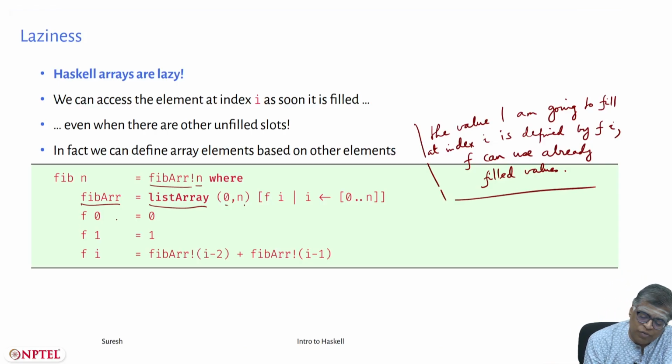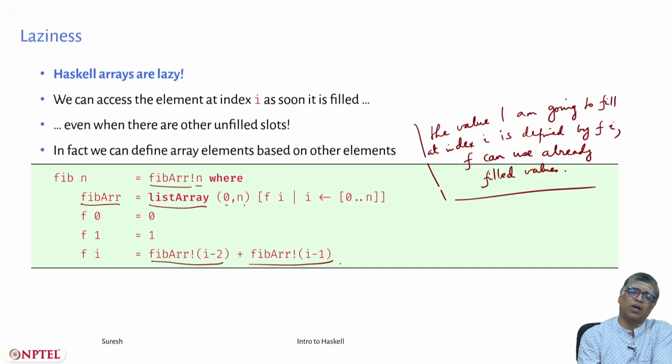So f is defined as follows: f of 0 is 0, f of 1 is 1, f of I is, rather than saying f of I minus 1 plus f of I minus 2, I am saying fib array at I minus 2 plus fib array at I minus 1, because of the way in which I am doing this, it is not even that I need to follow some particular order. What happens is that when Haskell tries to fill in the array element at index I, it will make a call to f of I that will refer to fib array at I minus 2 and fib array at I minus 1. At this point, now you can make a call to